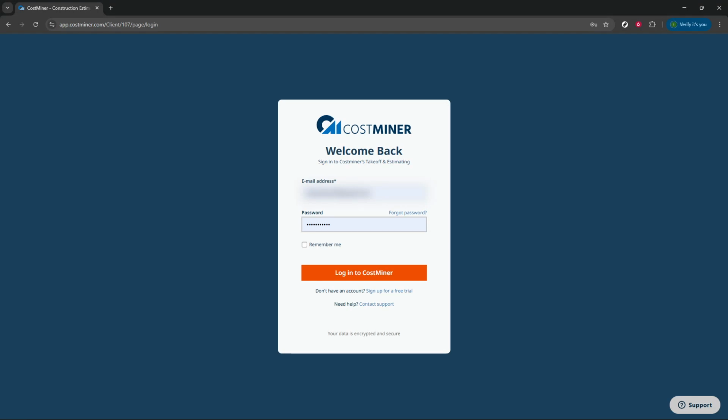In today's video, I'm going to teach you how to use CostMiner for material takeoff. Whether you're a seasoned professional or just starting out in construction estimating, this guide is designed to help you navigate the software with ease. We're going to walk through the process step by step, ensuring you can accurately perform a